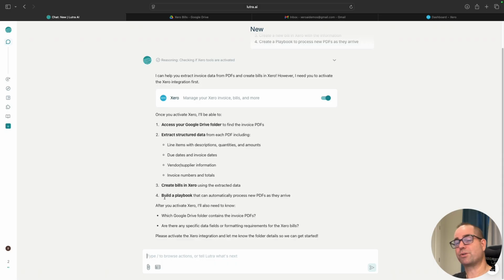And then it's going to build a playbook. So a playbook is something that runs over and over and over again, similar to an American football playbook or an association football playbook, if you prefer that flavor. It'll just run the same thing over and over again in a repeated fashion, right? And not every single time. There are different methods that we can use to control that. We can do it as a scheduled task. We can do it on a trigger, all sorts of things, and I'll show you that when we get to that point. So great. Please activate the Xero integration and let me know the folder details so we can get